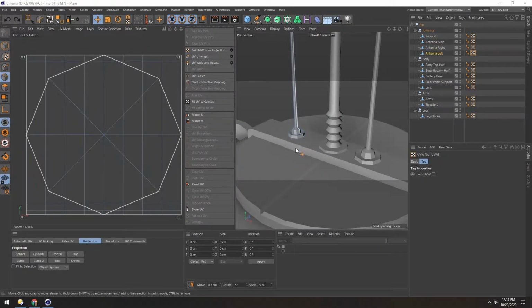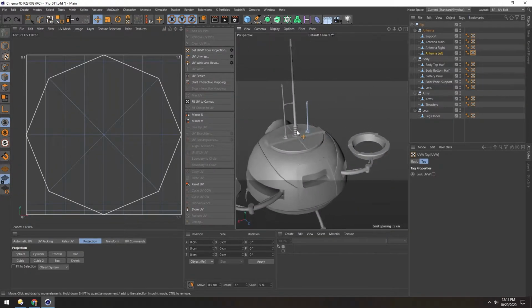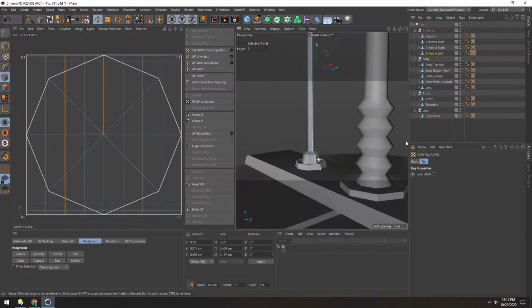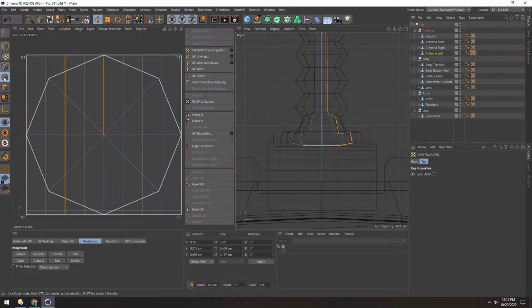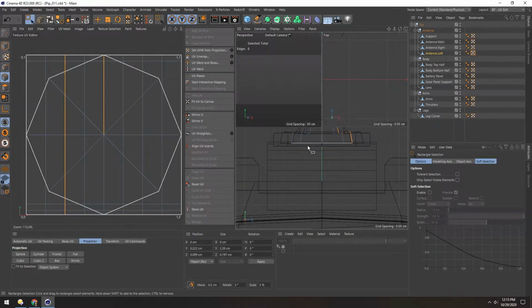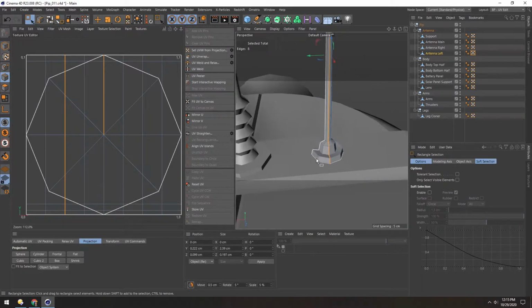Now for this antenna, I actually paused the recording for a little bit and experimented. And even though all of these UVs are terrible, if we have the correct edge selected here, so let's just grab this back edge and let's make sure there's no bottom. Okay, let's delete these faces real quick. Go back to edge mode. And with this back edge selected,